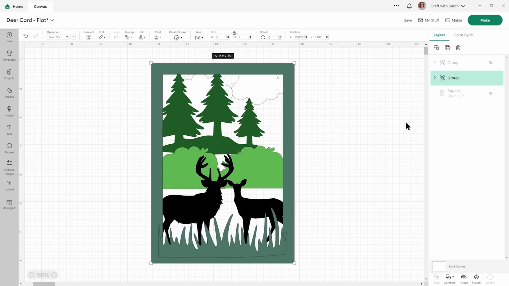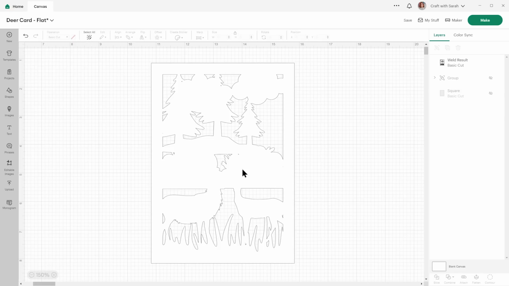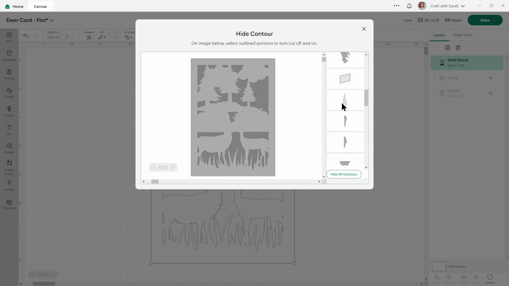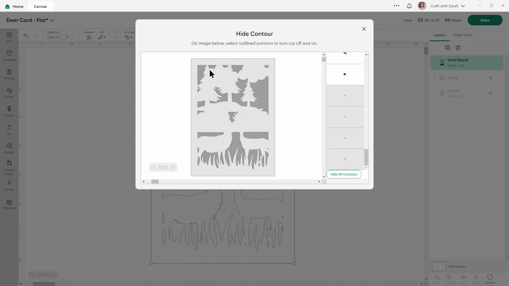All right, so to make the cloud layer, first I'm going to go combine and weld to join everything. And then we'll contour out, firstly, all the teeny tiny gaps that are up here in the tree and all the other little ones. And then fill in, not that one, that's in the tree.